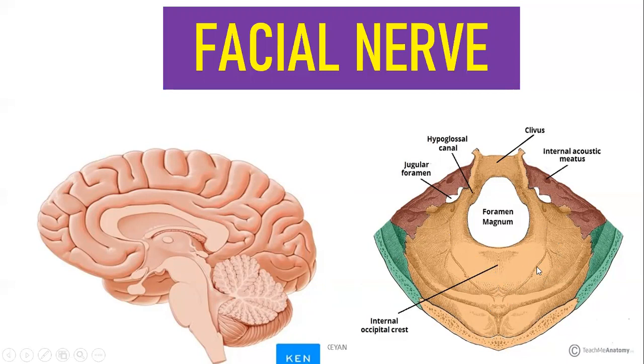Once it goes to the cerebellopontine angle along your cerebellum, the next landmark is that it is going to enter your internal acoustic meatus. I hope you are able to follow. The first thing we saw, it arises from the pontomedullary junction as two roots, a medially placed motor root and a laterally placed sensory root. After that, it moves laterally and forwards towards your cerebellopontine angle, and from there, it is going to go like this and enter the internal acoustic meatus.